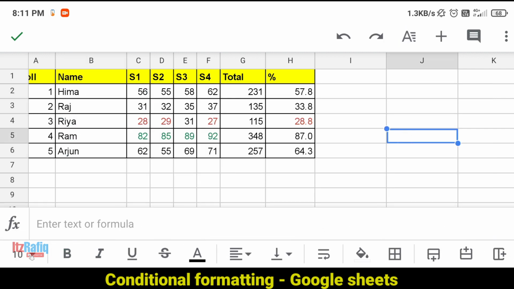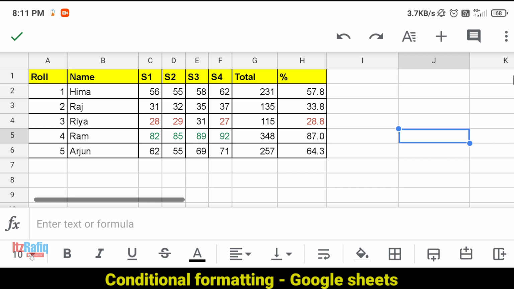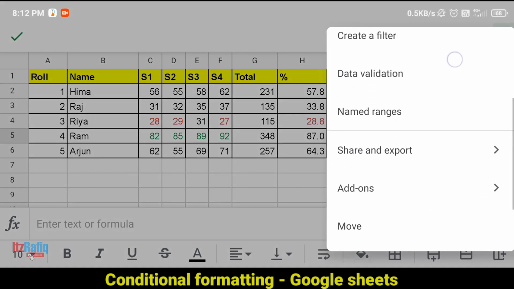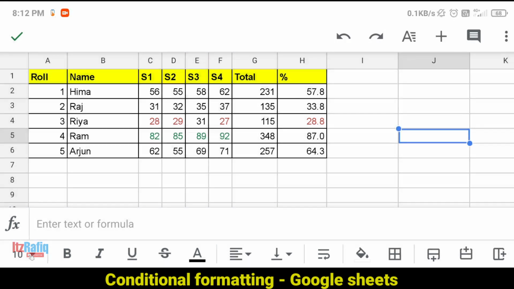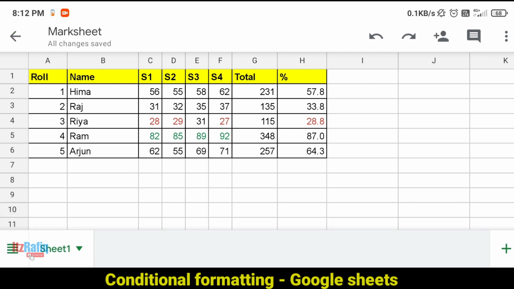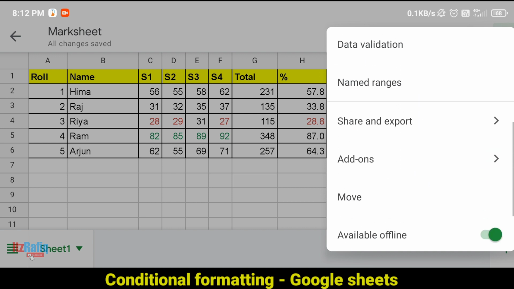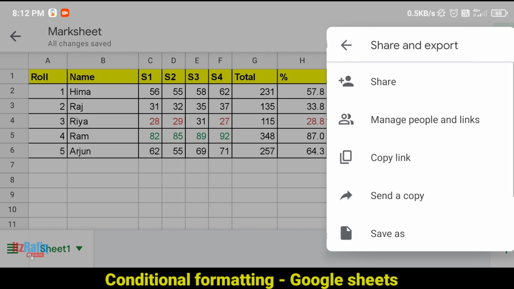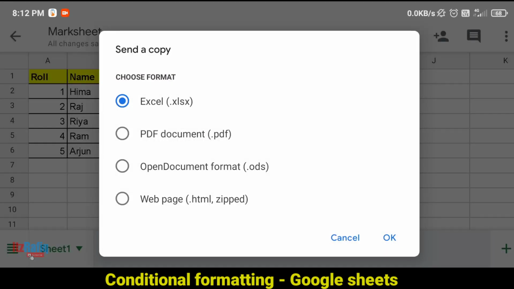And to share your file, whatever you have created in Google Sheets, with your friends or teachers or anyone, you will tap on three dots. There you will get the share option. Or first you will tap on the tick sign. So here you will get three dots, and one more option, that is share and export. You can select share and export, and here one option is there, send a copy. So tap on send a copy and select the first option,